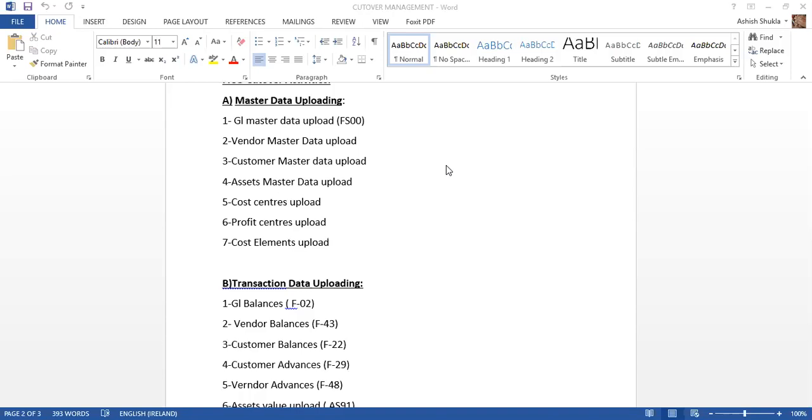We have master data in each and every module. For the FICO module, we have GL, vendor, customer, assets, cost center, profit center, and cost element. These are the master data. First, in the master data, we move the general ledger master data. Then we move the vendor, then the customer, then the assets. After that, we move the transaction data, because the transaction data is linked